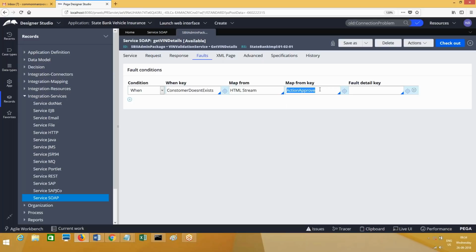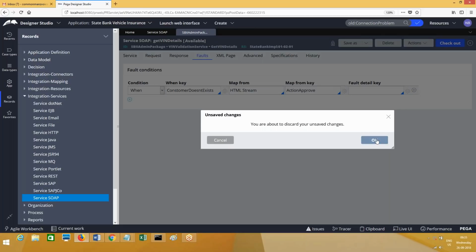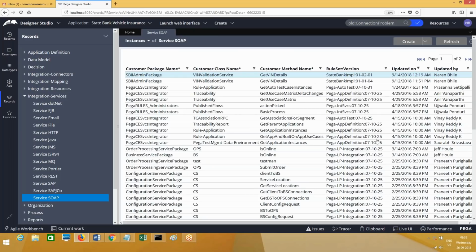Now the response that will be sent to the customer is input data invalid. Now the customer has come to know exactly, okay, the data which I have sent is invalid. I have to check that. The customer will check and then respond. This is clear, everyone? This is the way to do exception handling in case of services. It is not only one stream. You add multiple when conditions, and you give different streams. One time the when condition is satisfied for invalid input data, that is that stream. The next time it may be a different thing.